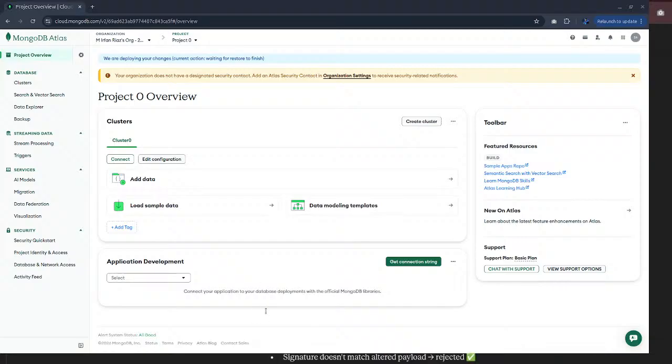Okay, let me tell you why it is necessary and what happens if we do not use it.